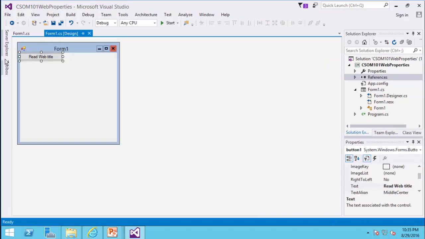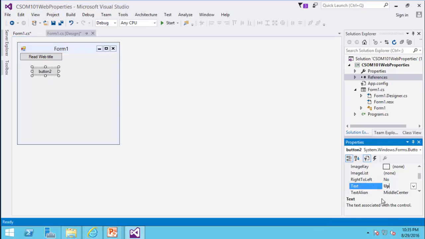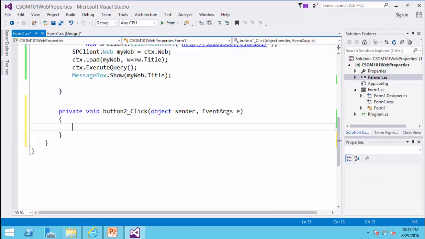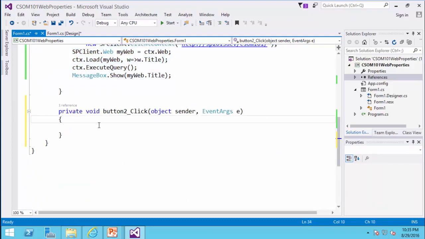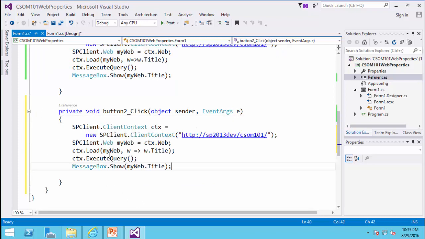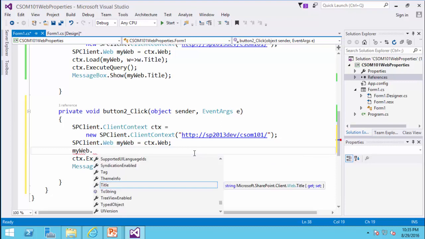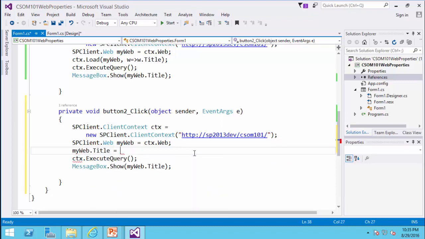Now in the next step, I would like to add another button to this code, and I would say Update Title. So I double click on this button, and because I'm almost running the same code, I can copy and paste this code here. The only thing is that now I don't want to load anything. So I just have the web object. I would say myWeb.Title, and I can say